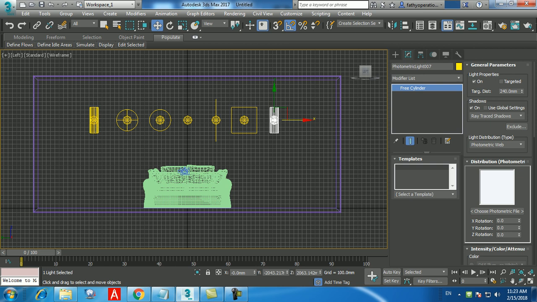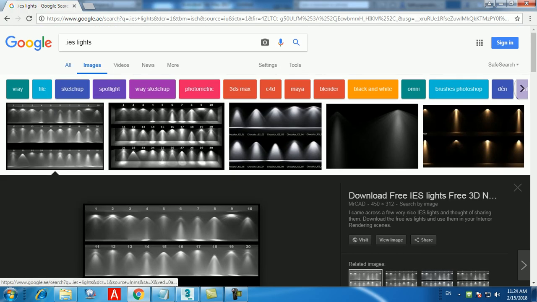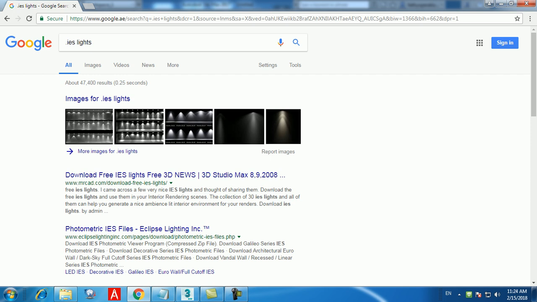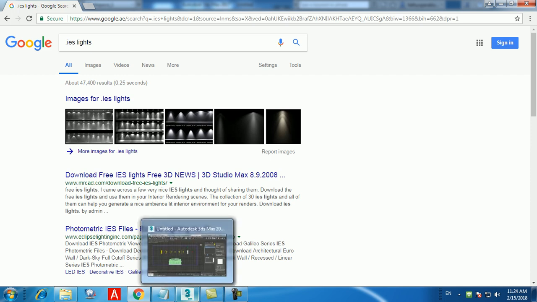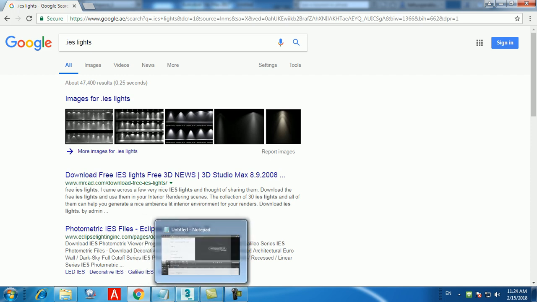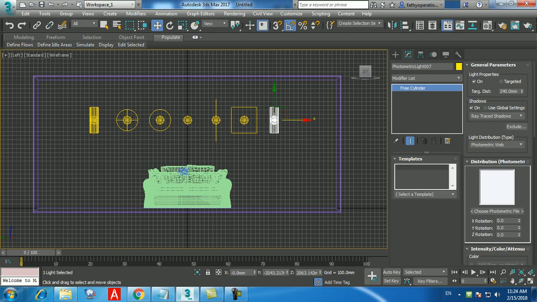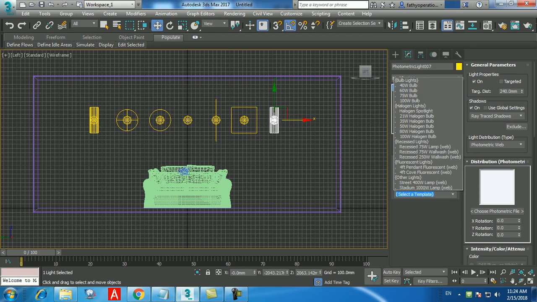But we need to choose a photometric file, and we need to download that also. So what does it mean? Photometric web will let you choose that IES file which you are downloading from the internet. So what I'm going to do, instead of choosing the file, you see from the template,